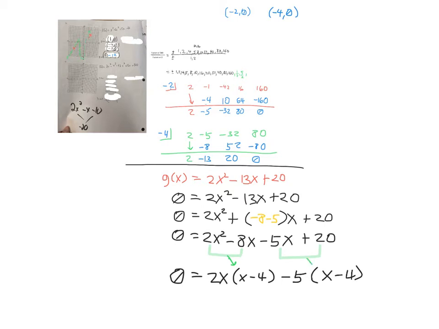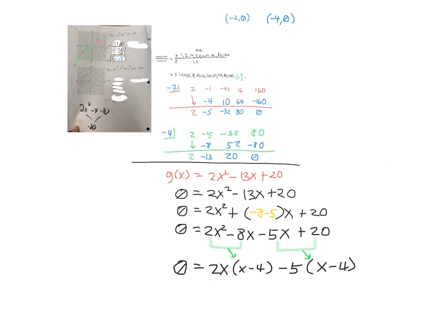That's called factoring by grouping. You take two terms at a time, find the GCF of just those two, factor it out. Then you look at these two, take the GCF of these two, factor it out. Now, if all has gone well, and if this function is indeed factorable, which we know it is, this parenthesis should match this parenthesis. So on the next step, what you're going to want to do is